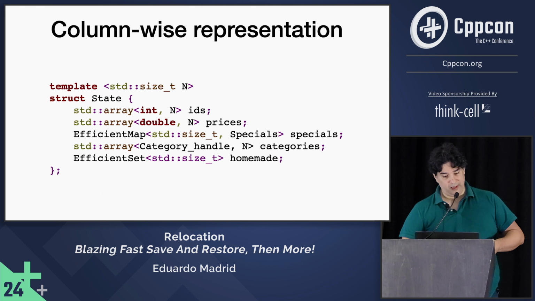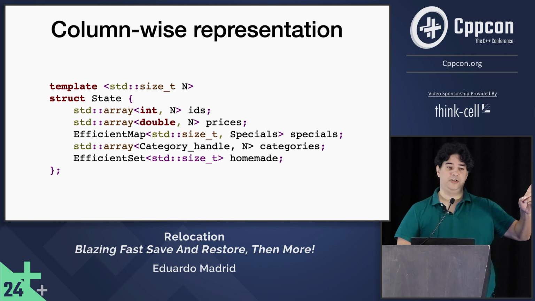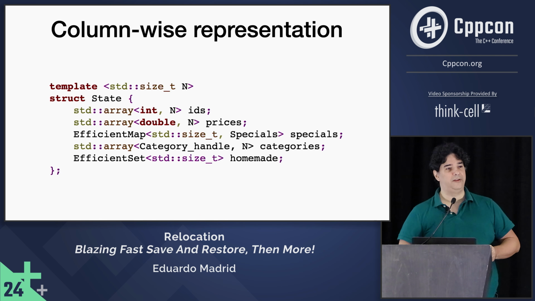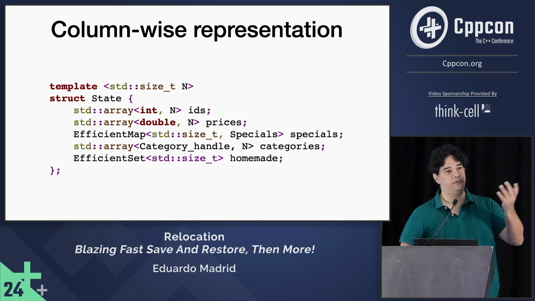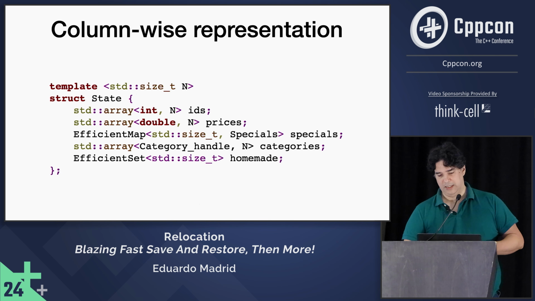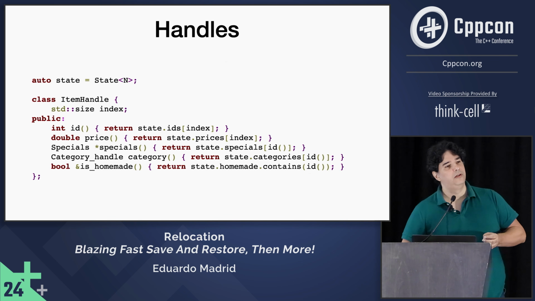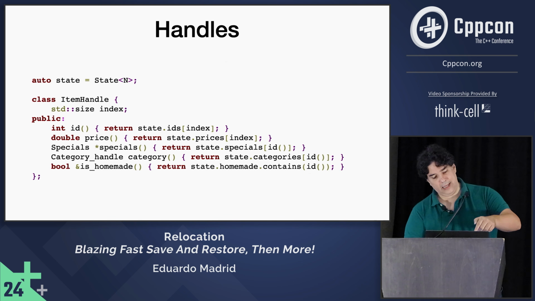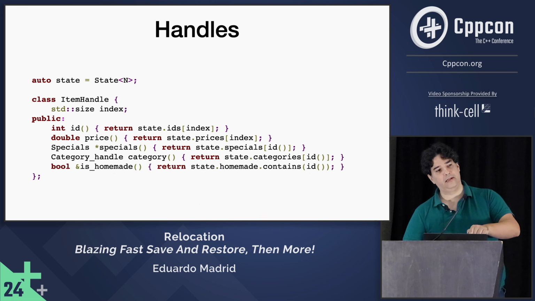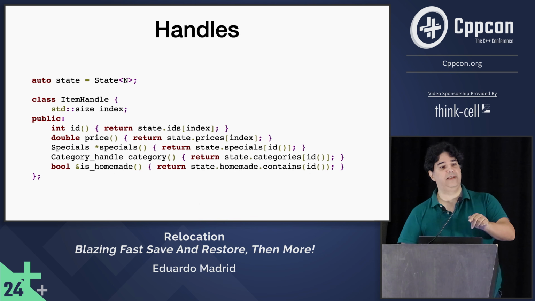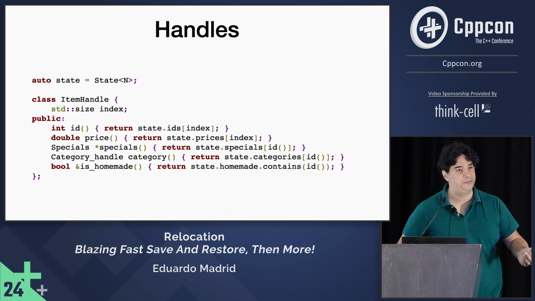Okay, thank you for your question. You are very attentive, but this is not a standard map. This is an efficient map. And the efficient map doesn't have that behavior. You can make it so that it throws an exception, for example, or do something else. Because maybe the handle, and again, thank you for your question, what is your name, sir? Greg, thank you. There should probably be in the handle another accessor which tells you whether it has specials in the first place.